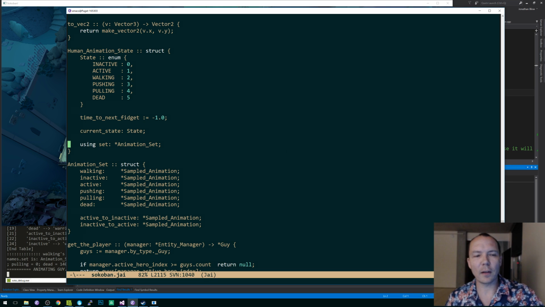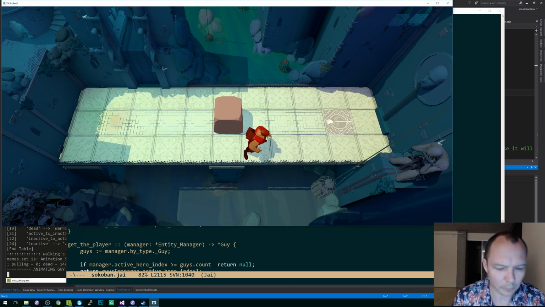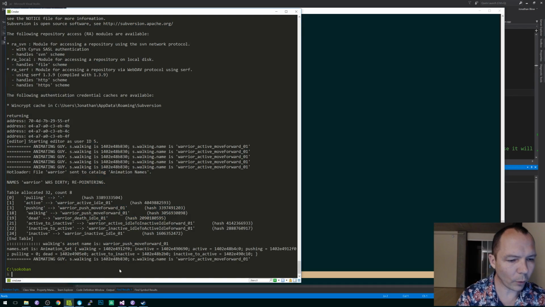Like if I leave it with the wrong animation in and restart the game, then it'll work. All I'm trying to do is make it work without restarting the game. This is mysterious. Okay. So when I do this,